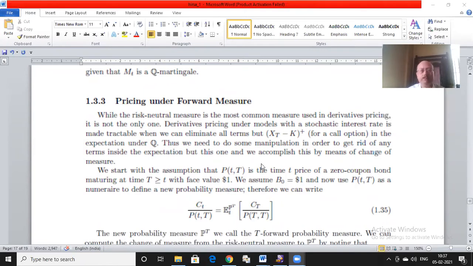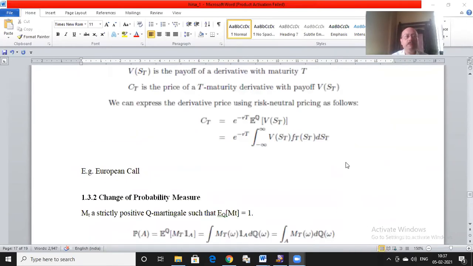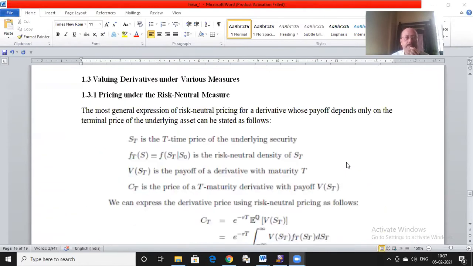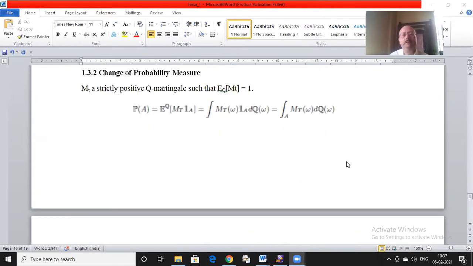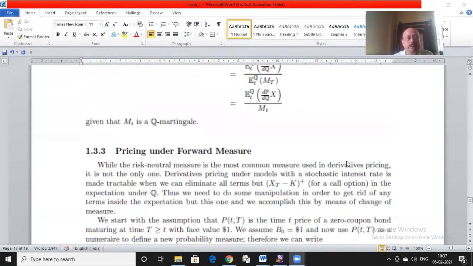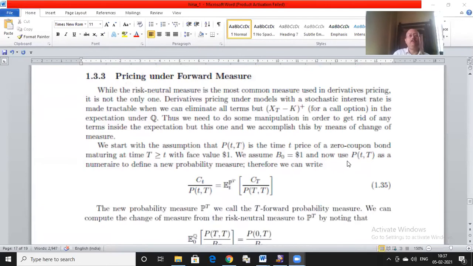Okay, so let me continue with our discussion on the change of measure. We were discussing our change of measure last class, and our initial context is always the risk neutral measure, that we have seen last term also and did a quick recap last time. Well, the risk neutral measure is definitely the most common measure that we use in derivative pricing, but it is not the only one,